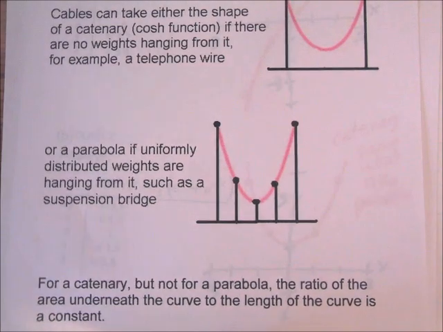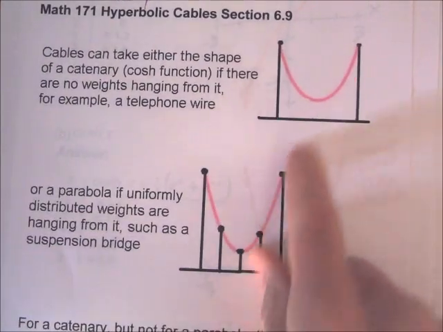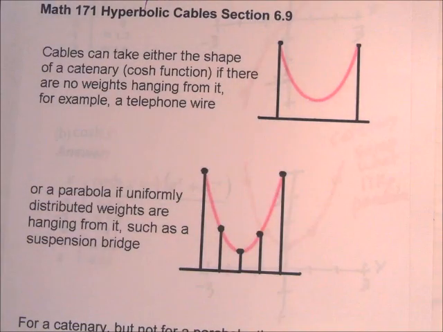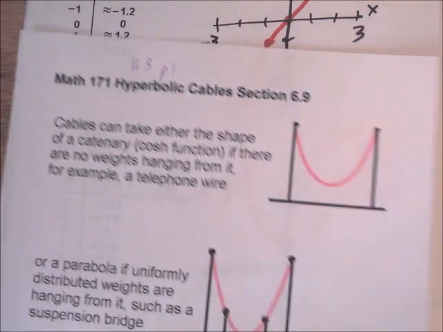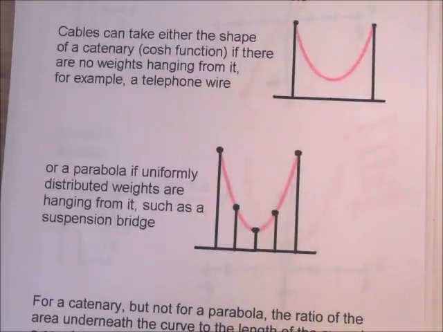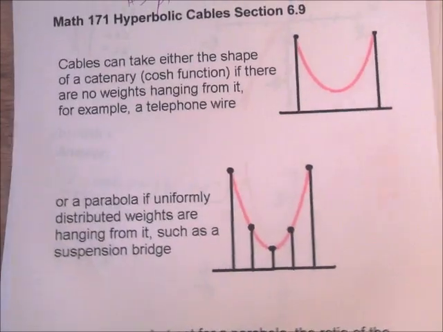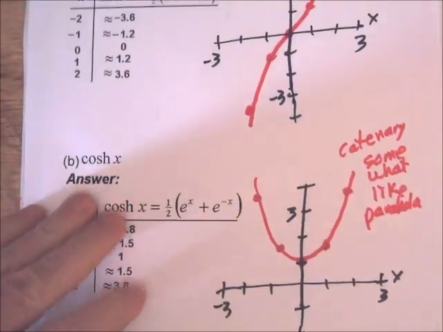So you can see that the shapes are very similar, but they're subtly different, and it's even hard to tell just by looking at it which one is a parabola and which one is a catenary. They are different equations, but somewhat similar shapes. But anyway, we'll get into more about catenaries and cables in a later video. Okay, so